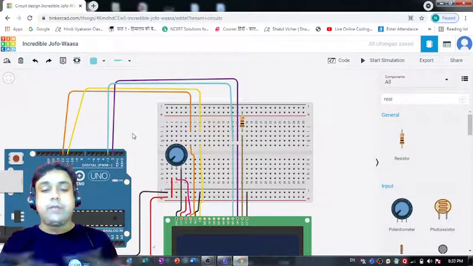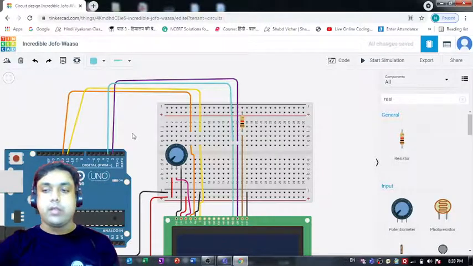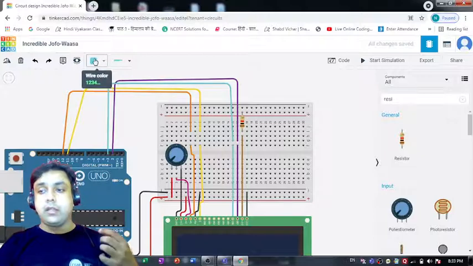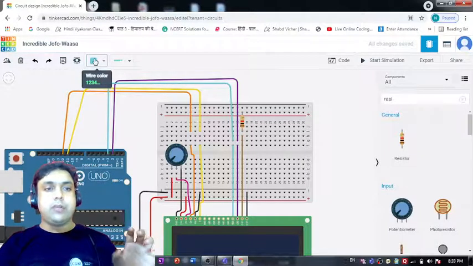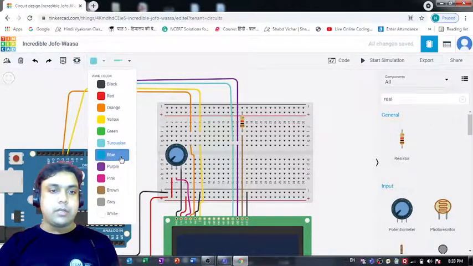Right, that's how you have to create the whole circuit. Okay, don't get confused anywhere, please. And in case you find anything not relevant or anything is there which is confusing you, do let me know in the comment section so that I can answer that query of yours.